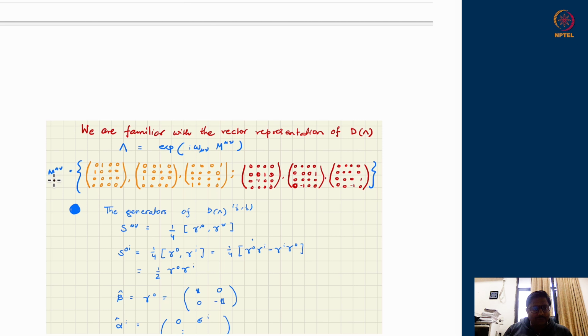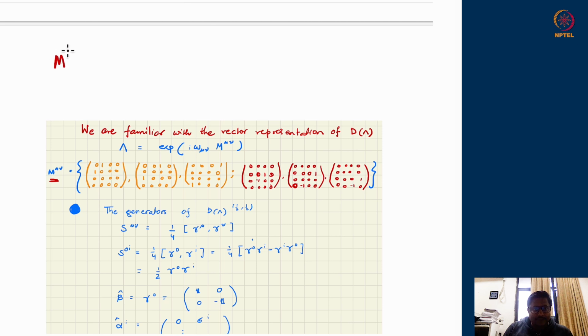M mu nu is supposed to be some antisymmetric rank 2 tensor. An antisymmetric rank 2 tensor has 6 independent components in 4 dimensions. As you might have seen in electrodynamics, there was an antisymmetric rank 2 tensor F mu nu, if you are familiar with that. That had 6 components, 3 magnetic field and 3 electric field. Any antisymmetric rank 2 tensor has 6 components. All the diagonal entries are 0 because the diagonal elements of antisymmetric tensors are 0. So M00, M11, M22, M33 are 0.